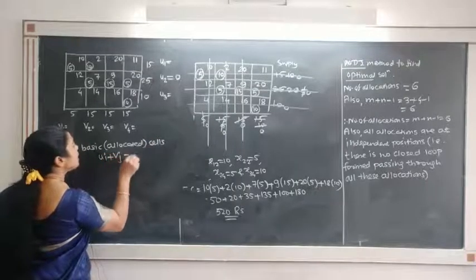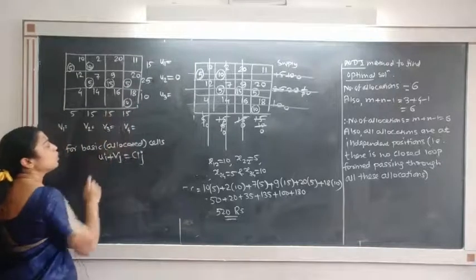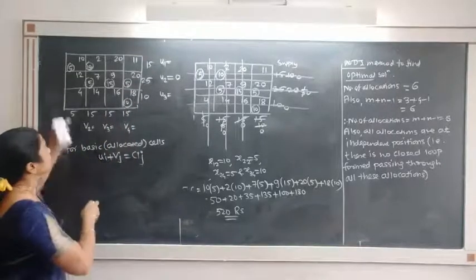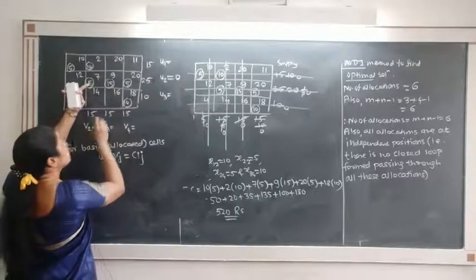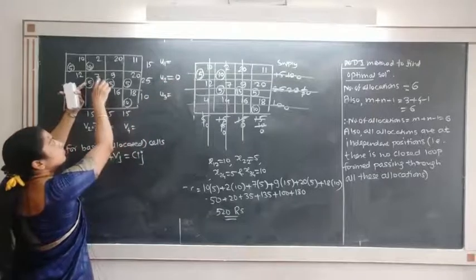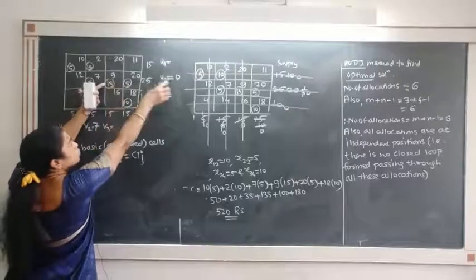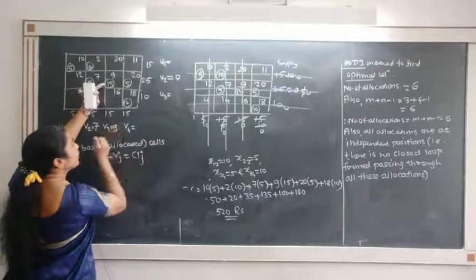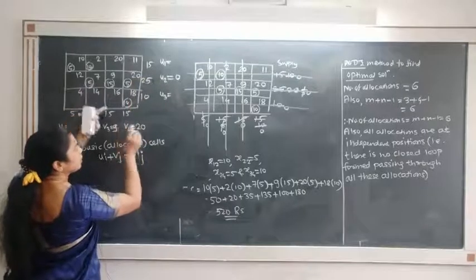Ui plus Vj is equal to Cij. This cost is equal to Ui plus Vj. So see the first one. Because U2 is 0, V2 must be equal to 7, so that U2 plus V2 is equal to C22. U2 is 0, so V3 must be 9. U2 is equal to 0, so V4 must be 20.